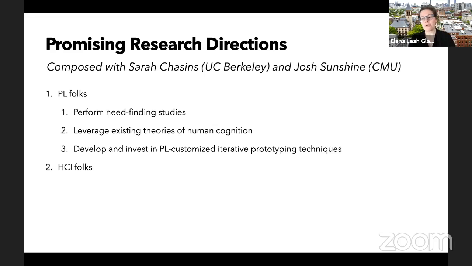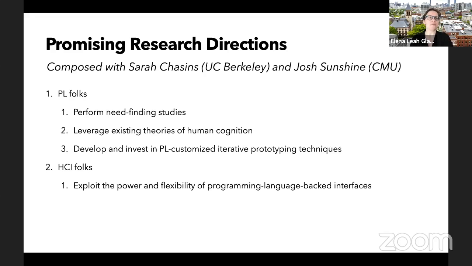And then to the HCI folks who are probably not here, but that's okay for any of them watching in case they're out there, I think that we should exploit the power and flexibility of programming language-backed interfaces, right? That doesn't mean programming language interface as an interface. I mean, that is an interface, and we should make that a better interface, but also we can put programming language technology behind